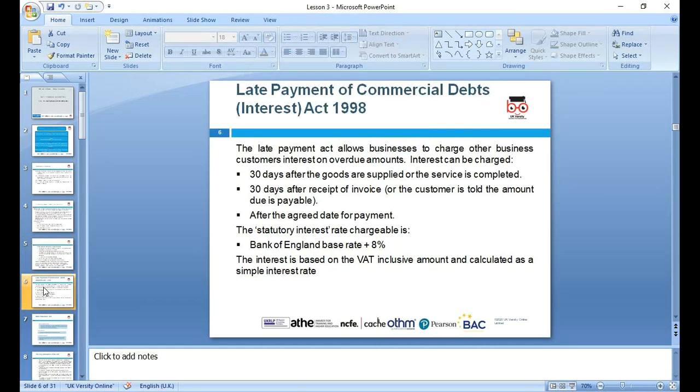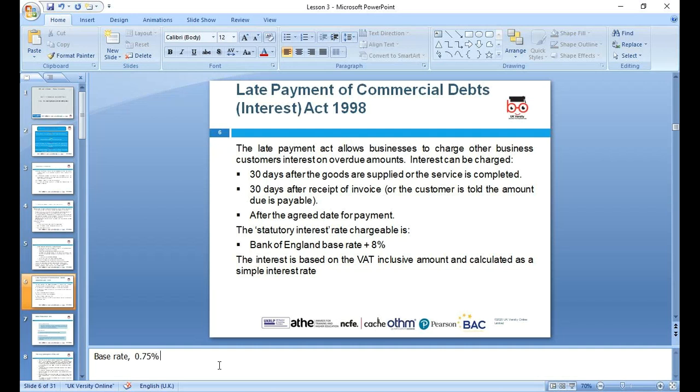Okay, next now we'll go through the Late Payment of Commercial Debts Interest Act 1998. Guys, this is the act we need to follow as well in credit control. The Late Payment Act allows businesses to charge other business customers interest on overdue amounts. Interest can be charged 30 days after the goods are supplied and the service is completed, or 30 days after the receipt of the invoice, when the customer is told the amount due is payable. After the agreed date of payment, the statutory interest applies, which is the Bank of England base